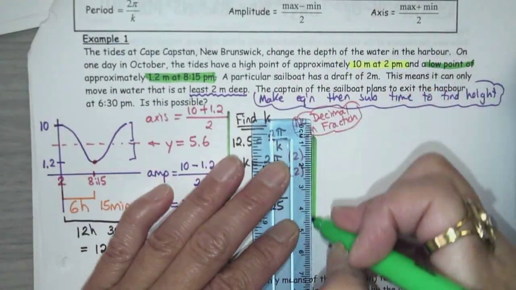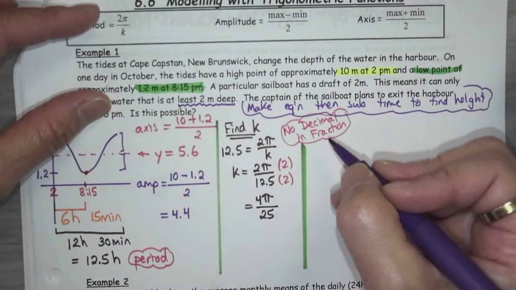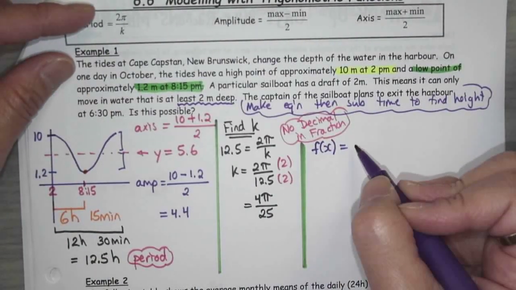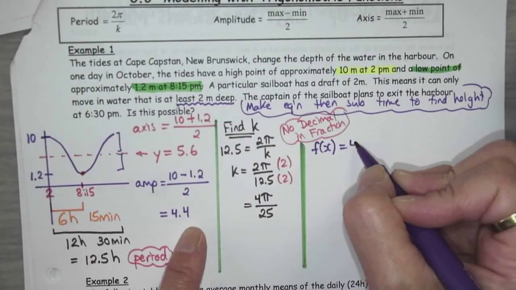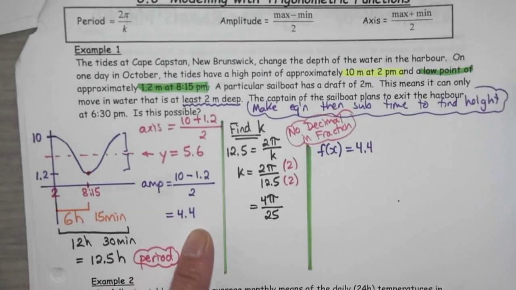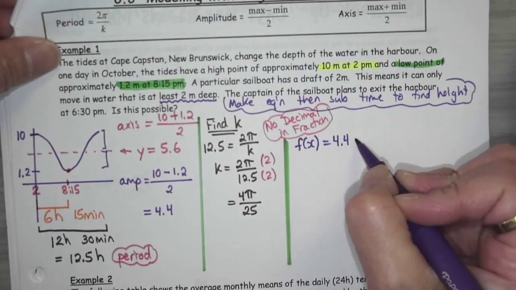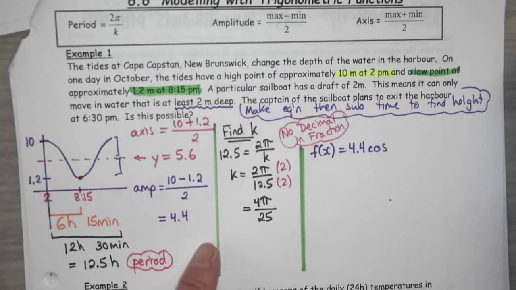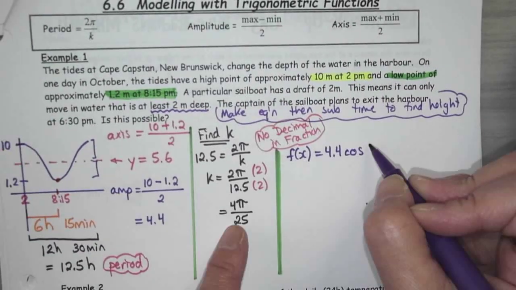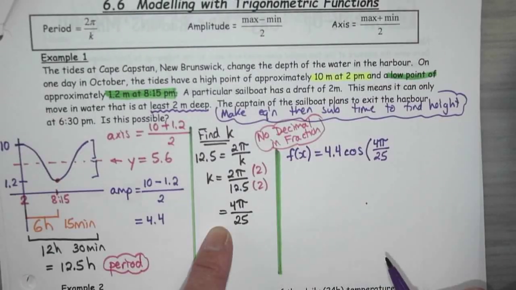Let's write our equation and then check to see if it's more than 2 or not. So our equation is going to be f of x equals, or y, f of x I prefer. A is, my amplitude is 4.4. And, oh wait, is it sine or cosine? Does it tell us which one we have to use? No, so which one's easier? Cosine, right? If I don't say it has to be sine, then choose the easier one. So cos is no shift, no horizontal translation. Then I'm going to get my K, which is going to be 4 pi over 25